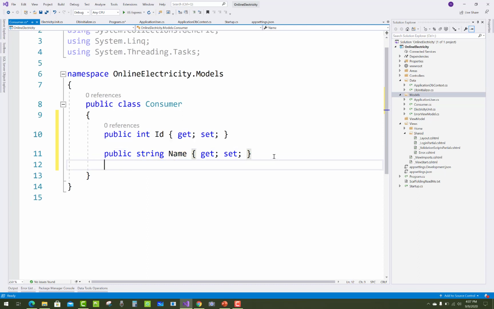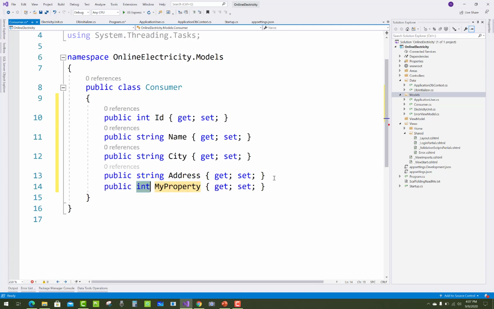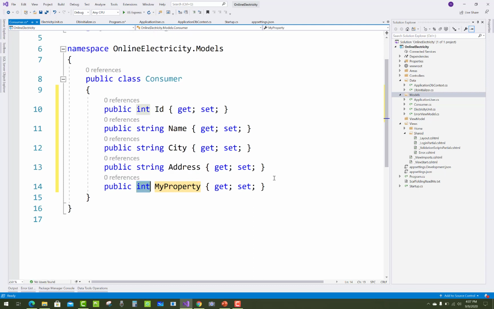So in the Consumer we have Id, Name, City, Address, and one more thing: the consumer number and the bill number also. The consumer number is a GUID.